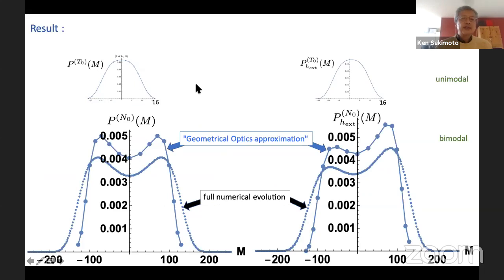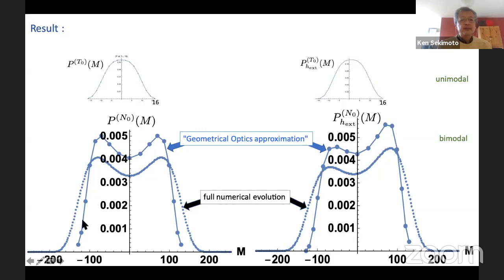So this is a result, essentially the final slide of my presentation. On the left column, the top two figures show the early stage distribution without perturbation on the left and with perturbation on the right, which is a bit shifted toward the right. But they have only 16 points because we have fixed only 16 spins. But now, if we use the geometrical optical approximation, this predicts the final stage where the 266 spins have been fixed.